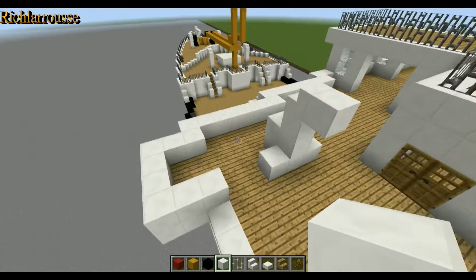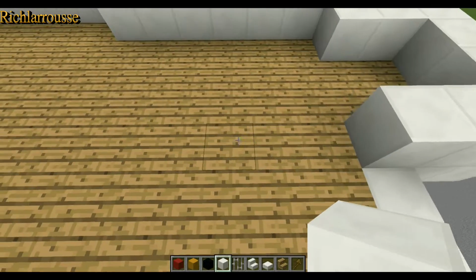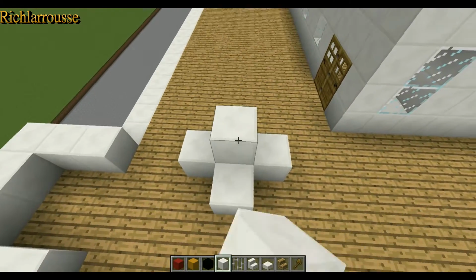So that's that one. So do the same the other side now. So go to the other bridge wing and the back wall here, count 4 across. So 1, 2, 3, 4. Centre block, 1 to the side, 1 to the other side, 1 to the back, and then 2 up and